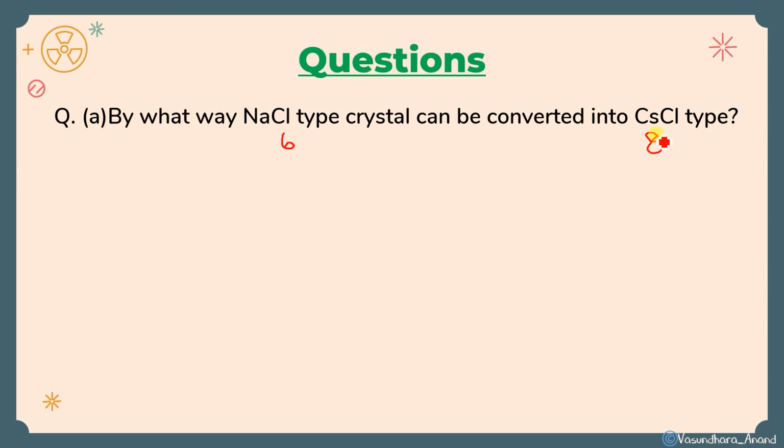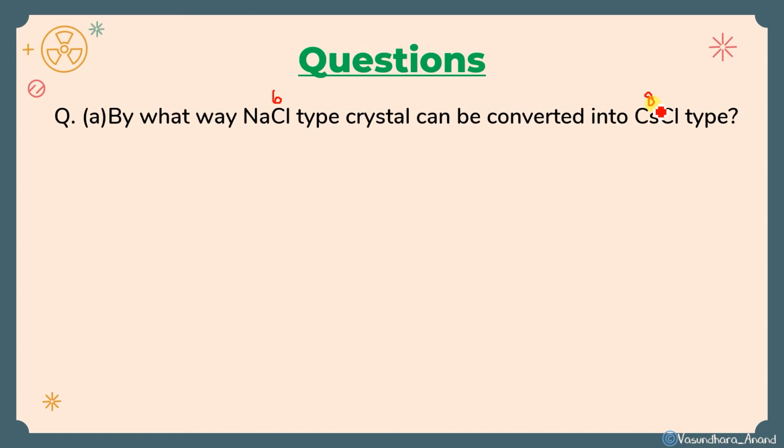So what we are doing, we are going to increase the coordination number, isn't it? So what will happen by increasing the pressure? Okay? So in this question we can see that NaCl has the 6 coordination number while the CsCl has 8 coordination number. So that means coordination number is going to be more. It is going to be closer, isn't it?